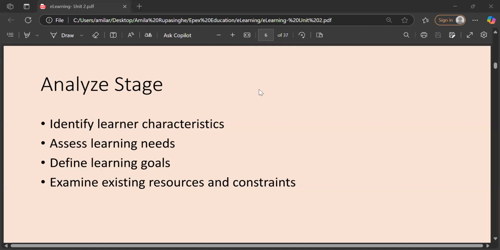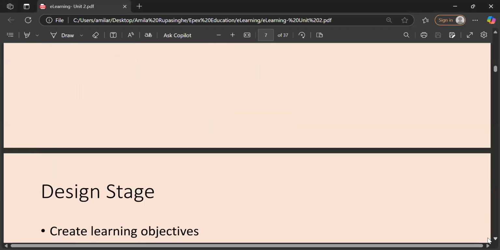All right? If we include some kind of advanced technological facilities, resources, devices that we cannot access, then also it will not be successful. Therefore, we have to analyze these things, right? If we include something that is not related with their needs and goals, then also it is not applicable, right? So we have to analyze first before we design the instructional design. Just keep it in your mind as the curriculum for e-learning. Instructional design means actually curriculum. Curriculum means everything that you have to do in the teaching learning process.